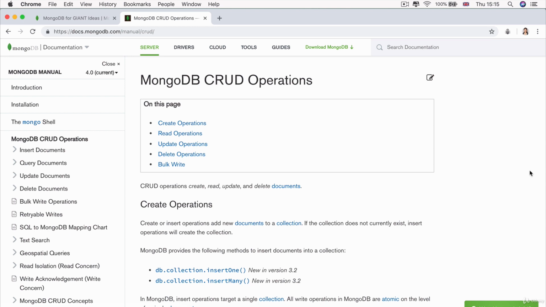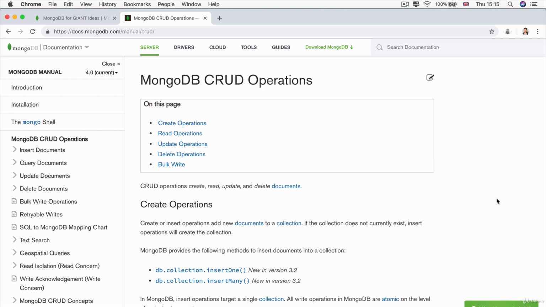I recommend that whenever you're exploring a new database system, the first thing to wrap your head around is how do you perform CRUD using that particular database. So we saw how we can create, read, update, and delete data using a SQL-based system such as SQLite in the last module. In this section, we're going to look at how we can do that using MongoDB on the